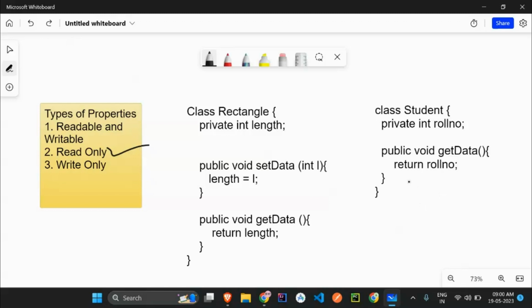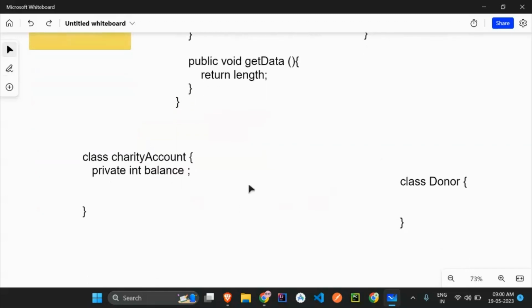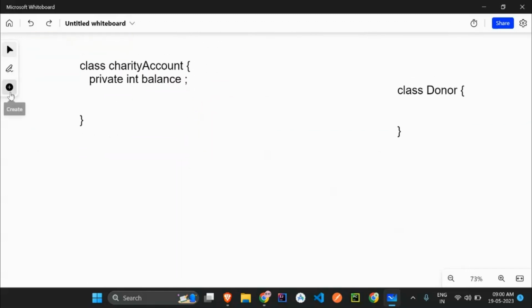Now, we will see the write only property. This is an interesting thing. The write only property. I will take an example like this. See, suppose that